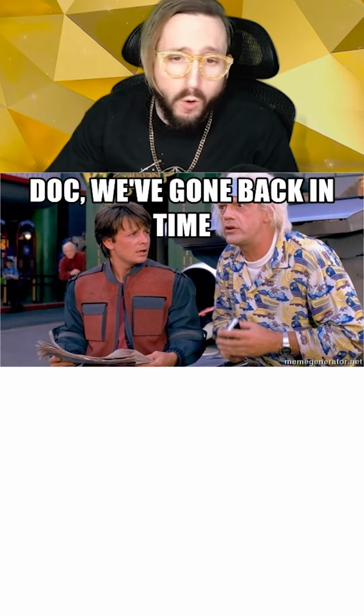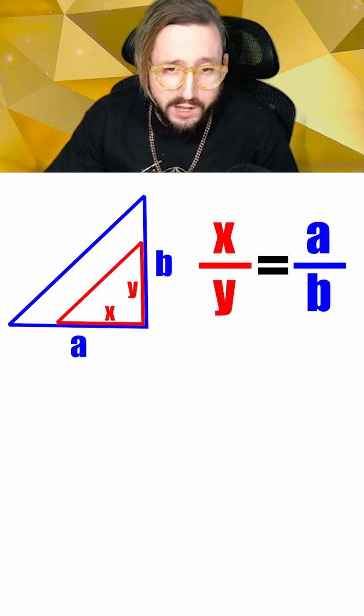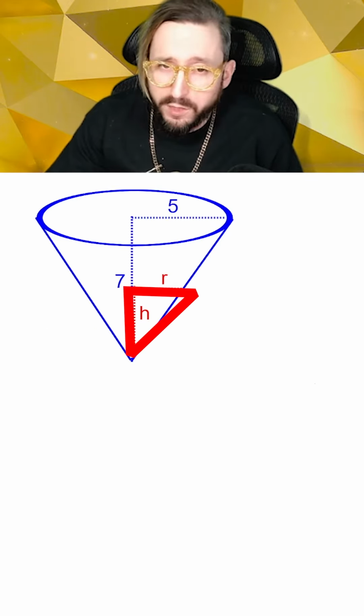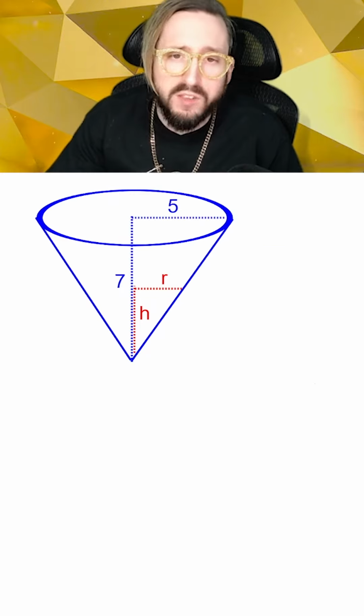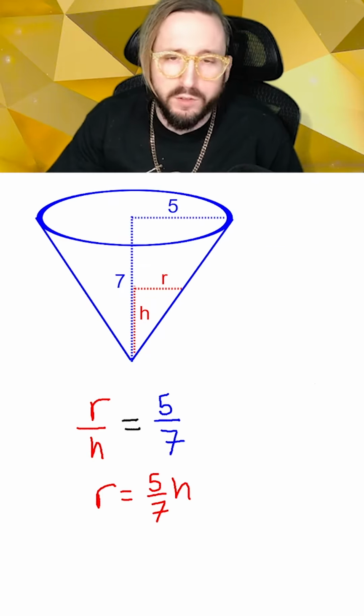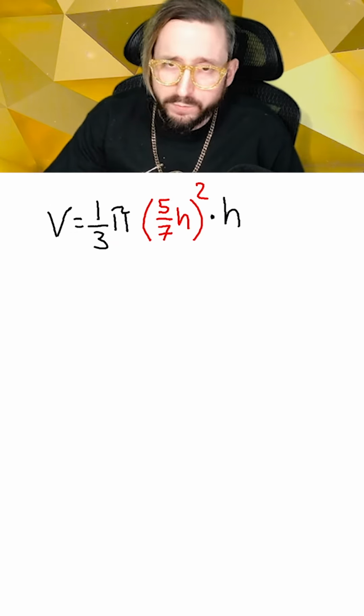In this case, we have to go all the way back to geometry and remember that for two inscribed triangles, the ratio of the sides of the triangles is going to be the same. So now when looking at the triangle created by the water level within the cone compared to the whole cone, this means that r over h has to equal 5/7, which now gives us that r is equal to 5/7 h. Now we can plug this in for r in the original equation for the volume, simplify a little bit,